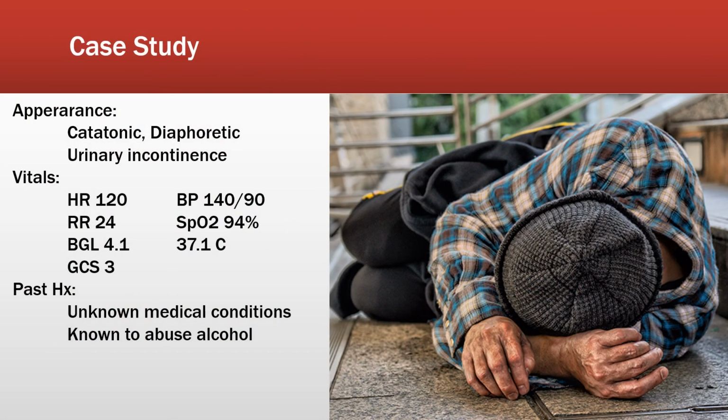On arrival, you find Joe. He's a well-known local with no fixed address. The attending crew advises that his mate called 000 and then left the scene. He's not keen for emergency services. When they arrived, Joe was actively seizing, but he stopped within about a minute or two of their arrival. He's now GCS 3, and he has been since the seizure stopped.